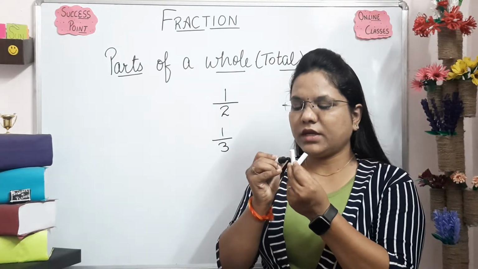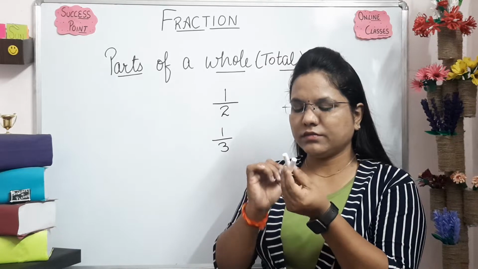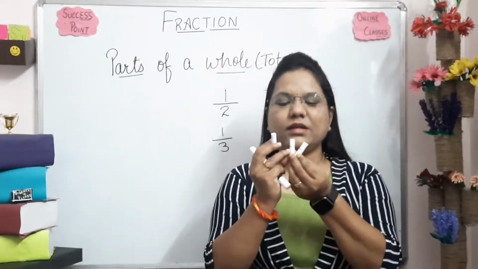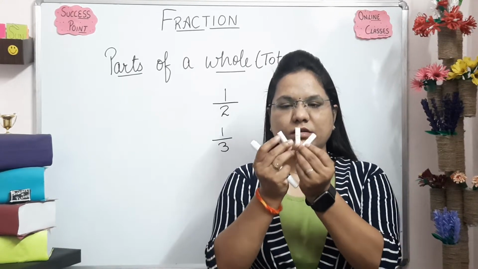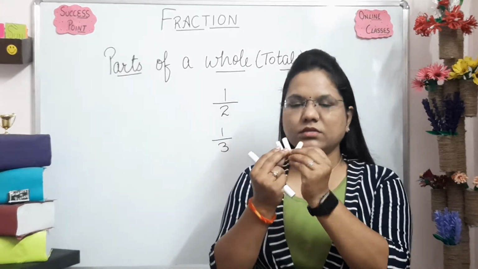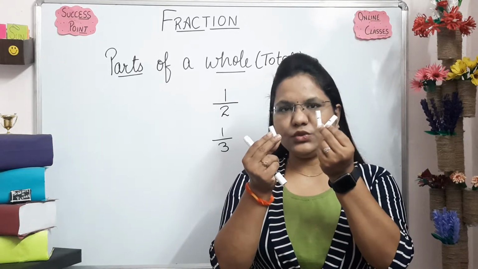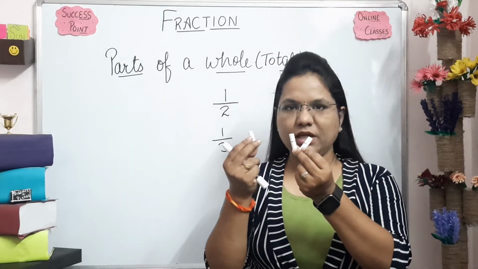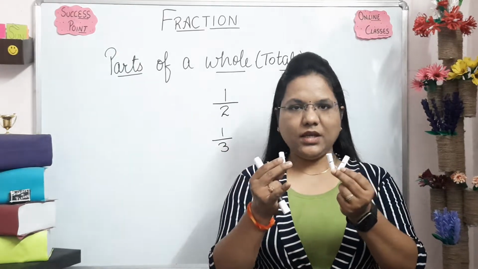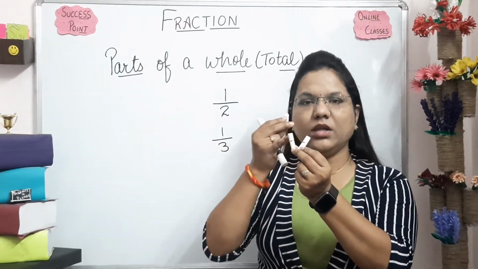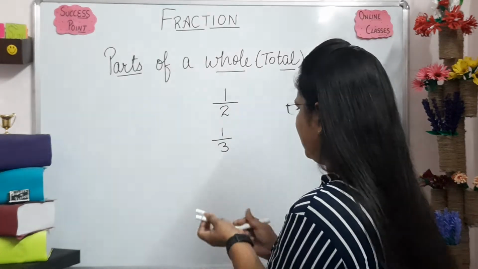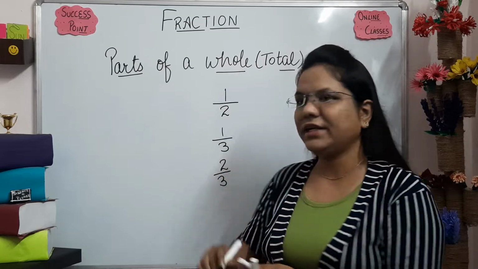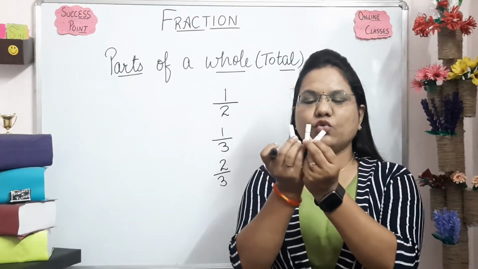Now I want to check for this black one, where black color is there. So shaded one. Where is the shaded chalks? These 2. So what is the fraction for this one? 1, 2, 3. Down we will get 3, but shaded ones are 1, 2. So answer will be 3. But how many are shaded? Shaded will be 2 out of 3.